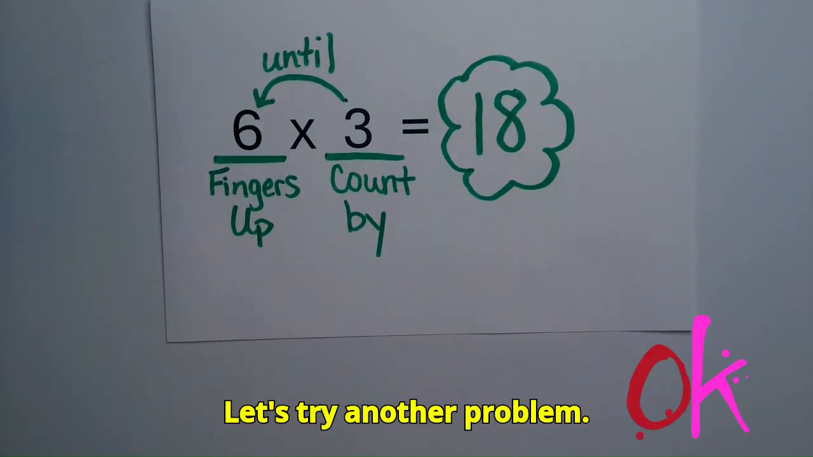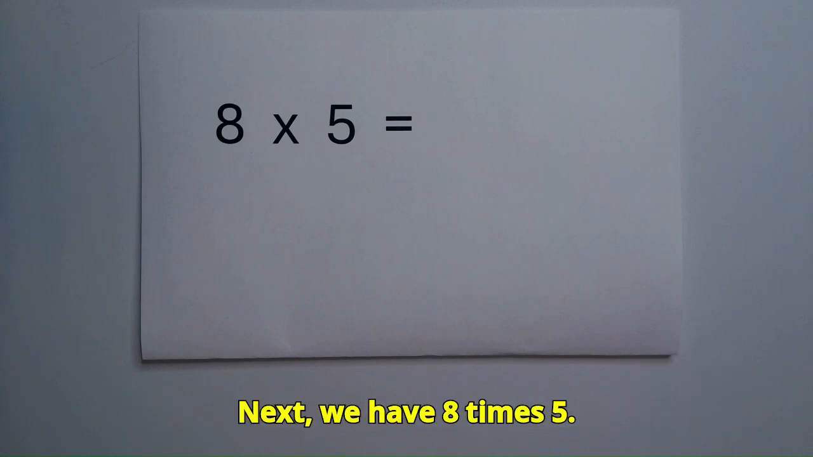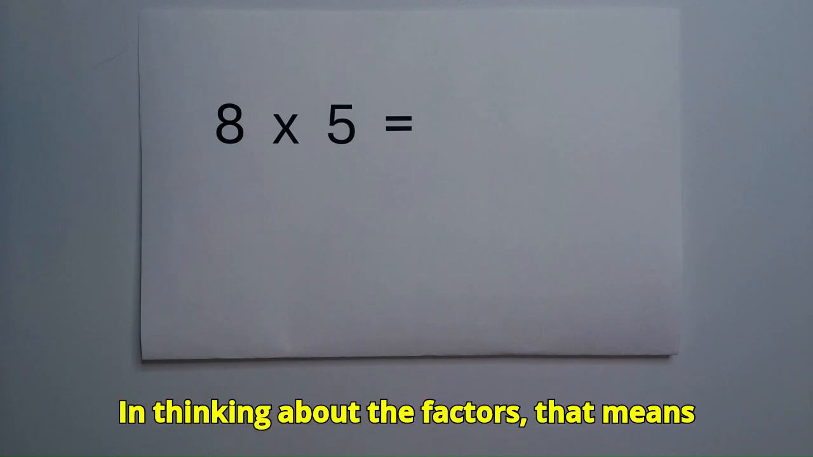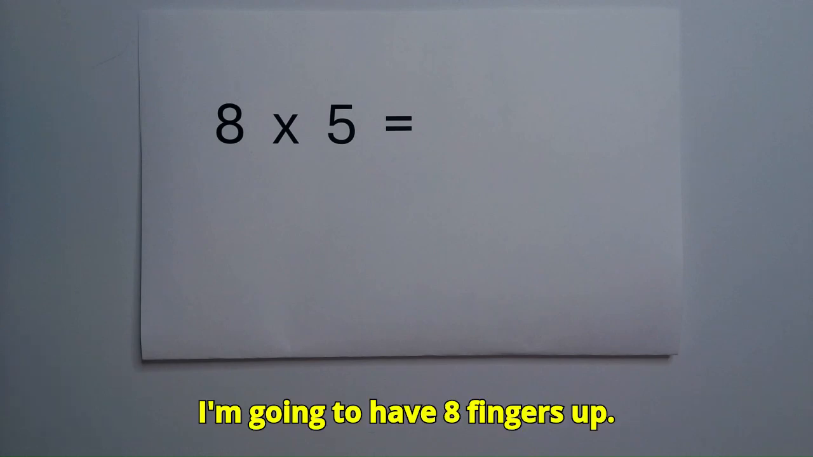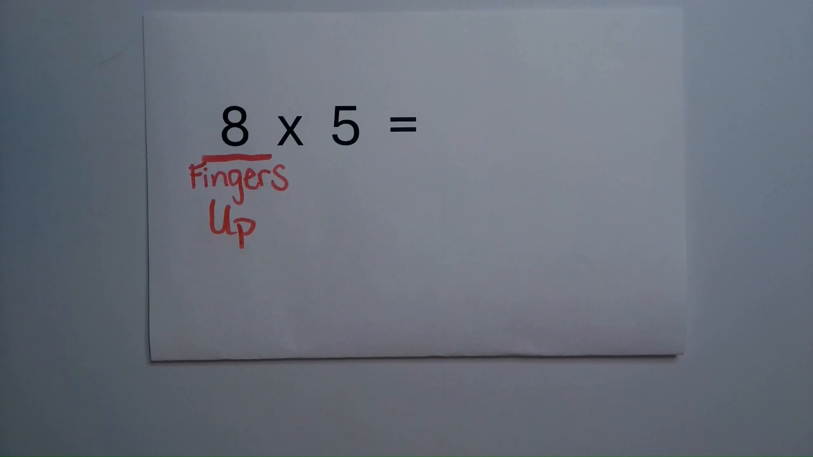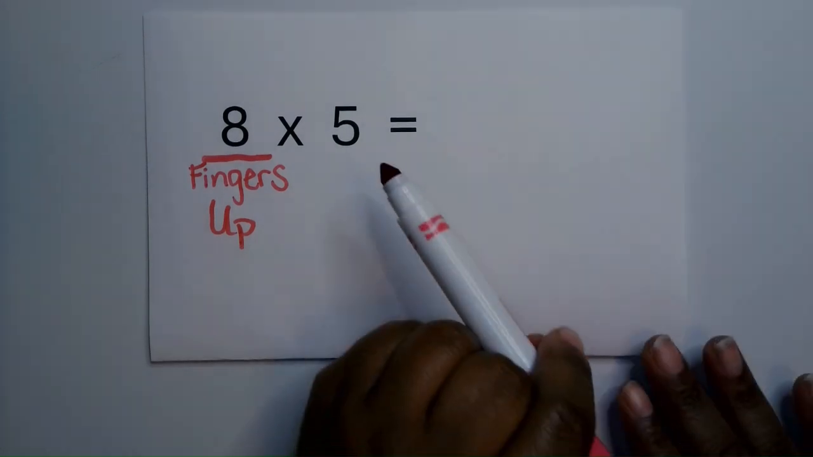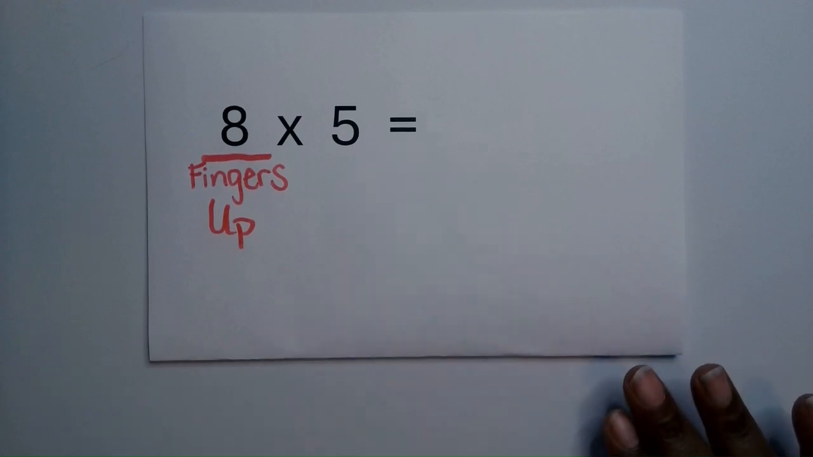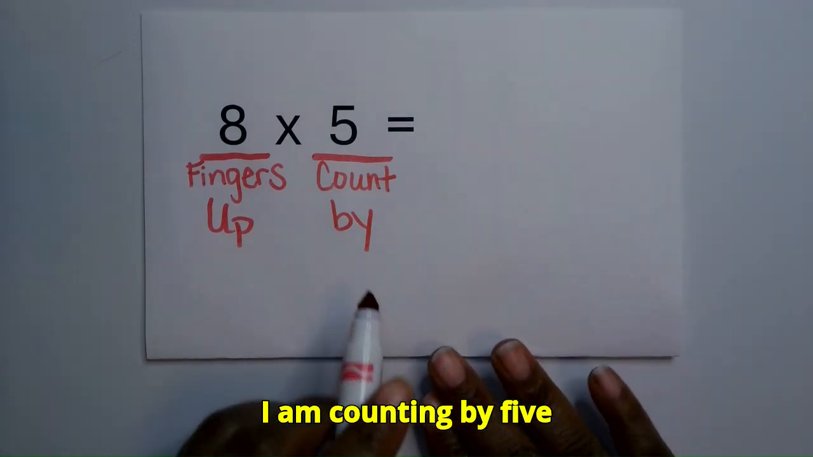Let's try another problem. Next we have 8 times 5. In thinking about the factors, that means I'm going to have 8 fingers up. And I am going to be counting by 5. So when I put those two factors together, I am counting by 5